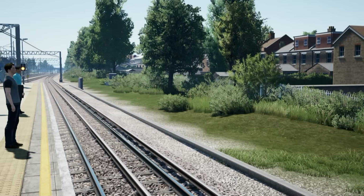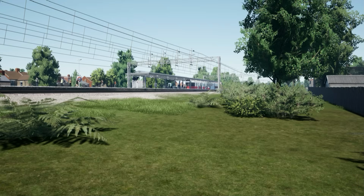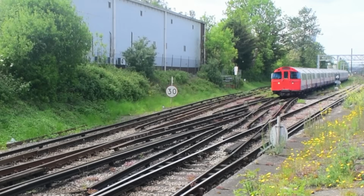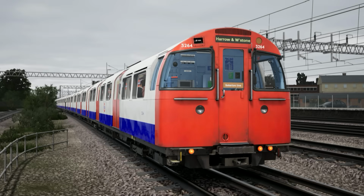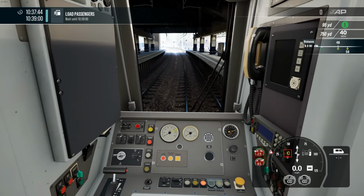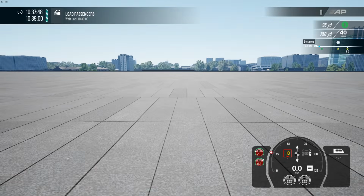As for any issues that are still present on the route, these include, but are certainly not limited to, the poor trackside foliage at South Kenton, the building directly to the west of Harrow and Wealdstone Station being completely wrong, the 1972 tube stock sometimes being absolutely full of passengers on empty shunting moves, a glitch when you're in the cab at Euston and try to press the 8 key for the free roam camera,